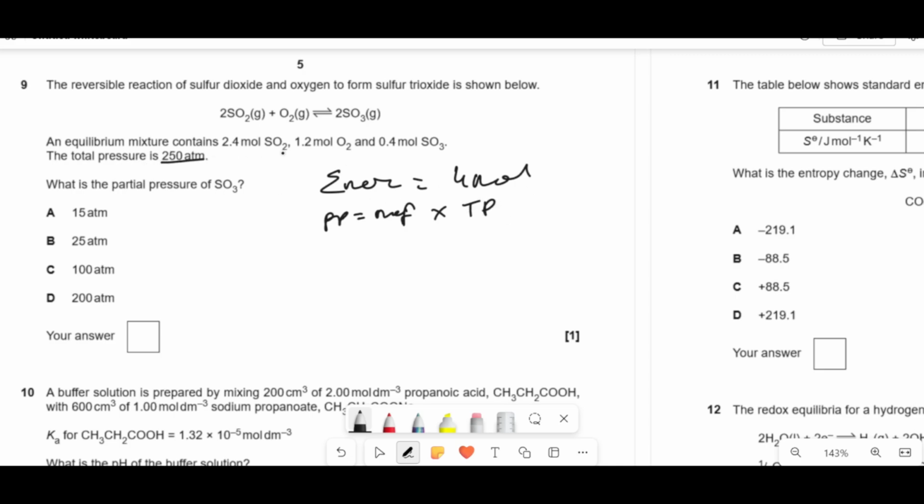So the total pressure they've told you is this. We need to work out the mole fraction of the SO3. So the SO3's mole fraction is 0.4 over 4, so then its partial pressure is going to be 0.4 divided by 4 times the total pressure, 50, and if we do that, we should get 25, so that means it's